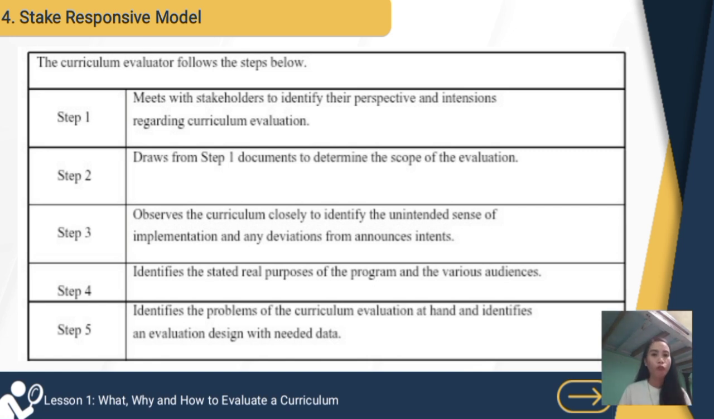And then, pagka step 4, no, you will identify the stated real purposes of the program and the various audiences. So, here, no, di ba, we all know that when making a curriculum, merong mga klase-klaseng mga goal yun, no? So here in our scenario, no, the curriculum is designed to improve the student problem solving. So here in step 4, i-identify mo yung mga real purpose of the program and the various audiences. So yeah, i-compare mo ang intent versus